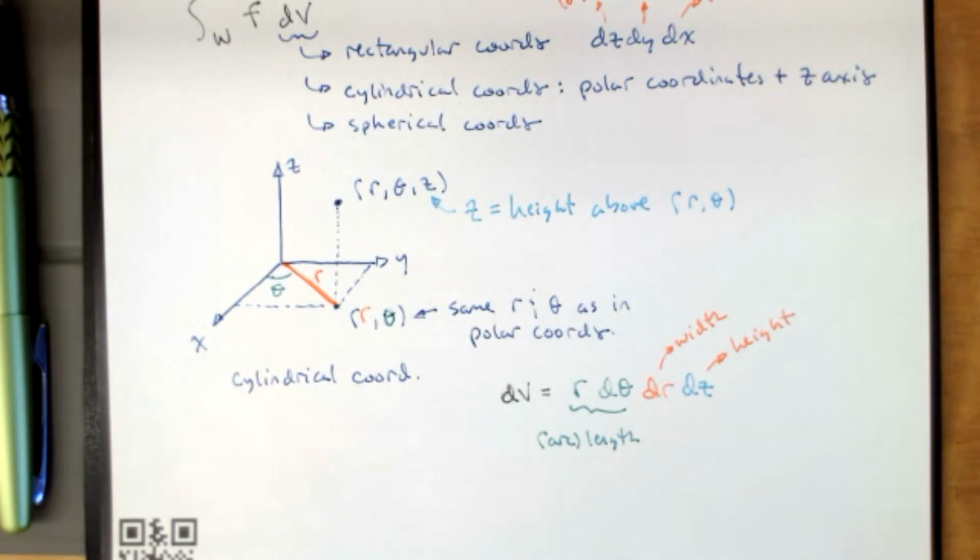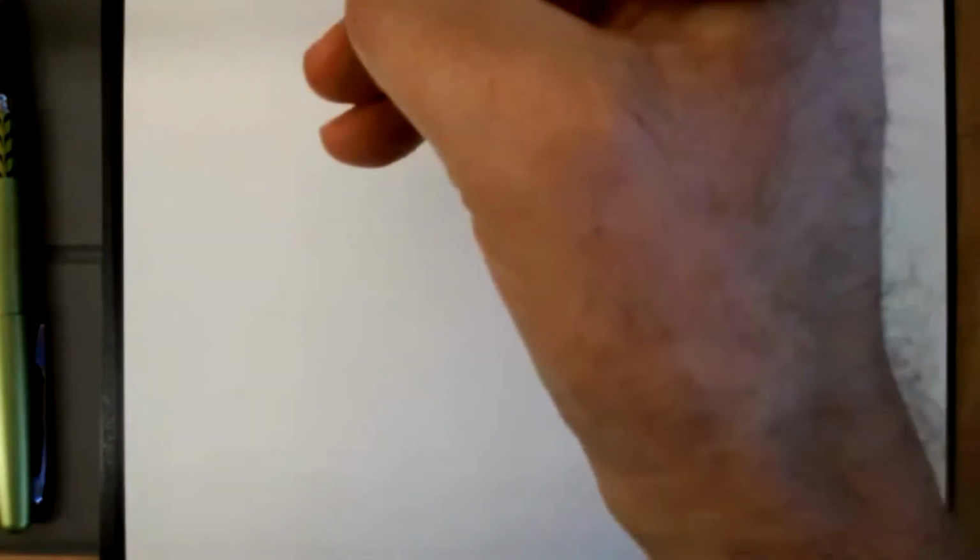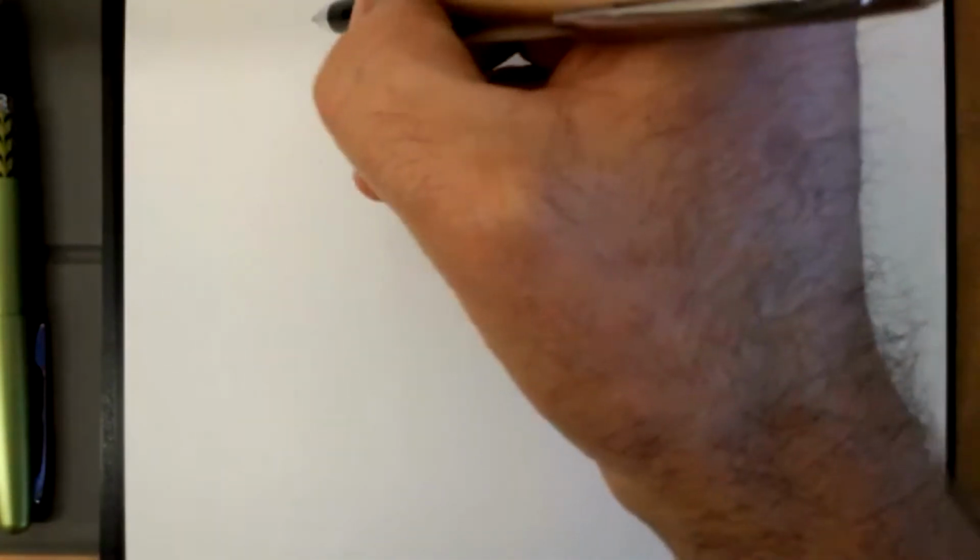That's why we can have x and y, length and length. We can have r and theta, that's a length and an angle. Rectangular coordinates in 3D, x, y, and z, it's a length, a length, and a length. R, theta, and z is a length, an angle, and a length. Spherical coordinates is going to be a length and two different angles. I just got to tell you where those angles are measured. So let's look at spherical coordinates. We're still describing three-dimensional space. So I'll still draw